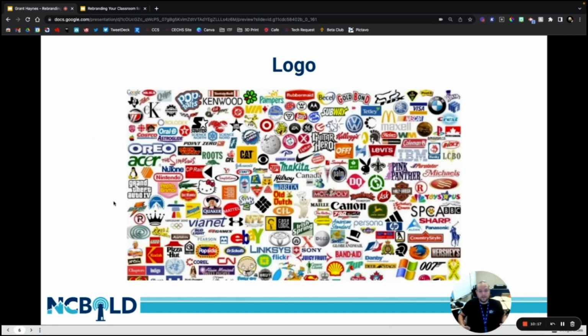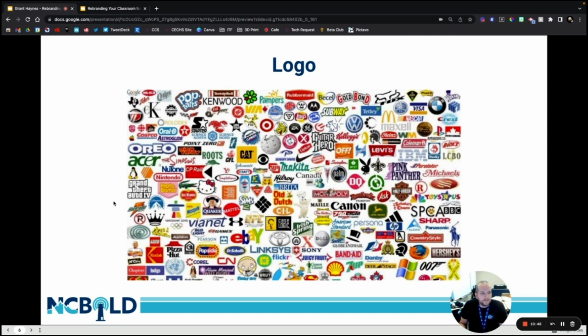So after we come up with a brand name, we have to come up with a logo. A logo is going to be what's most recognizable. So just grab some pictures of logos right here that you can take a look at. Some of them don't even have a name on them. A lot of them do, but you can look at it and you know automatically what they are. So that's what we want to think about, what makes a logo iconic,